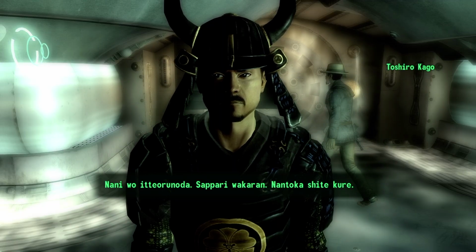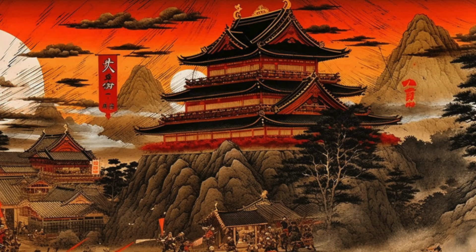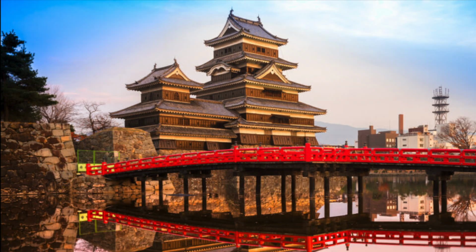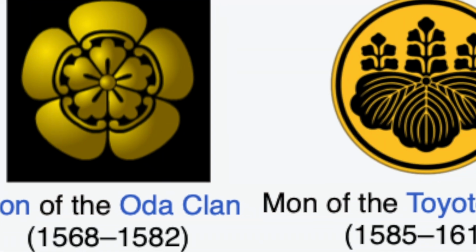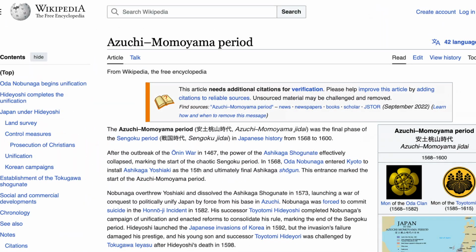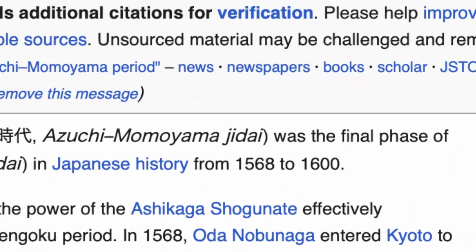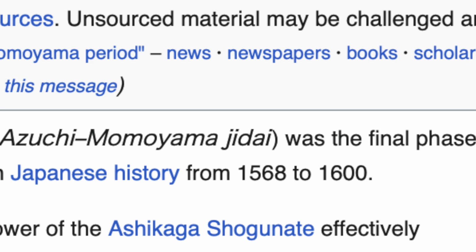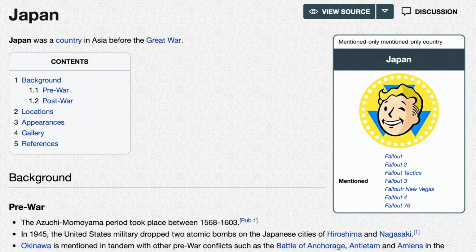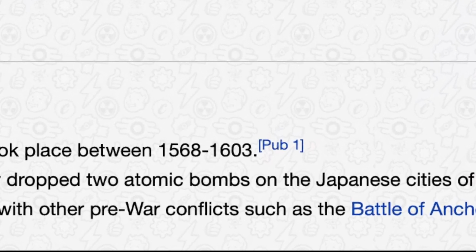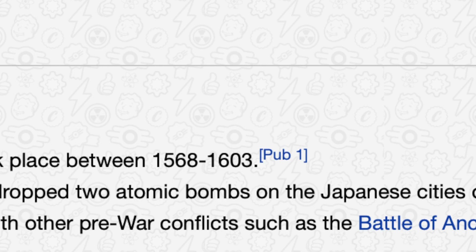But what does this actually mean? Well, let's look into this time period. The Azuchi-Momoyama time period in our own reality matches pretty closely. According to the sites that I can find online, Wikipedia, World History Encyclopedia, there's a number of them. They all date this time period to either 1568, which is the same, or 1573, and then going until 1600. Not 1603. I'm not sure where they get that specific date from in Fallout. So it's roughly the same. There's only 3 years different.